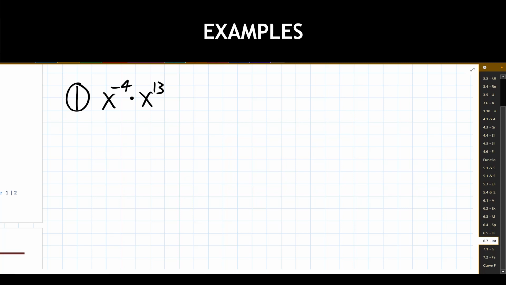Now when you're approaching this, you have several options on what you could do to simplify this thing down. You might be looking at this going, well, I have 2 bases that are the same and multiplying together. I could use the product rule to simplify these exponents down, and you absolutely could do that. You could be keying in on saying, well, I have a negative exponent showing up. I want to rewrite that negative exponent and get rid of it, and then I'll deal with whatever comes afterward. You could do that too.